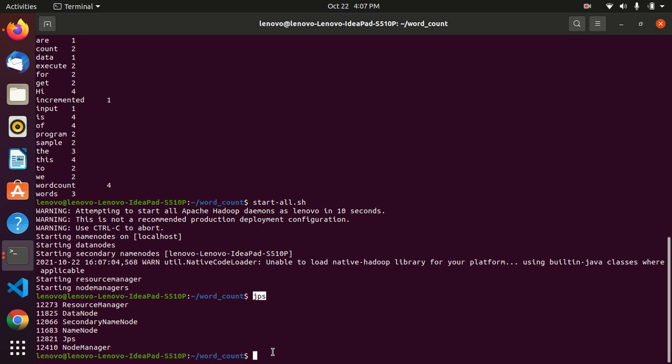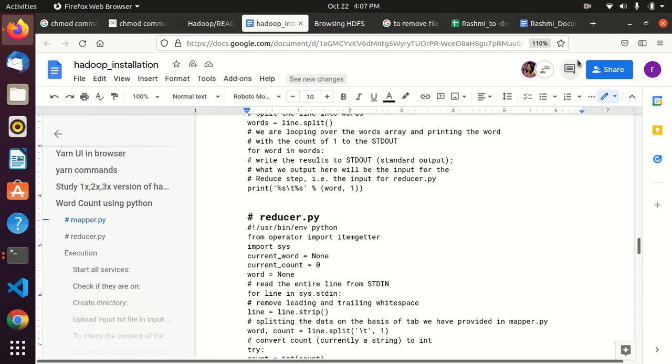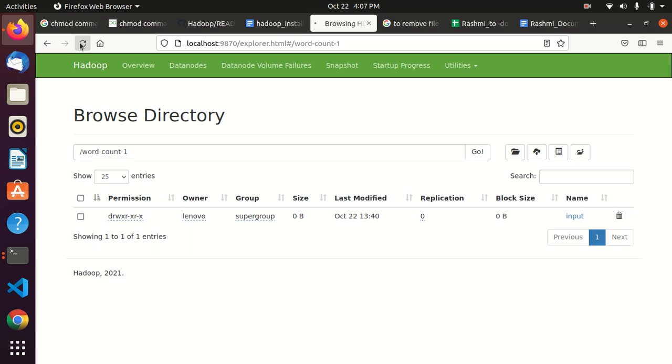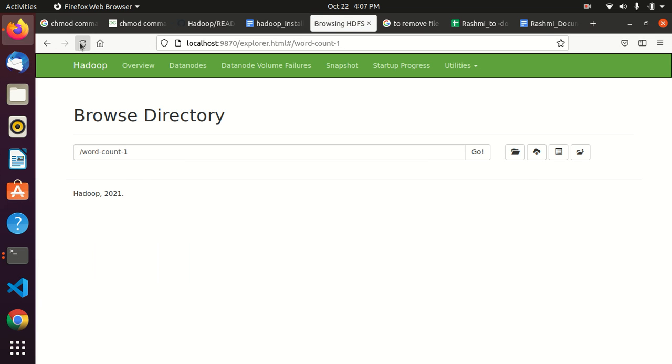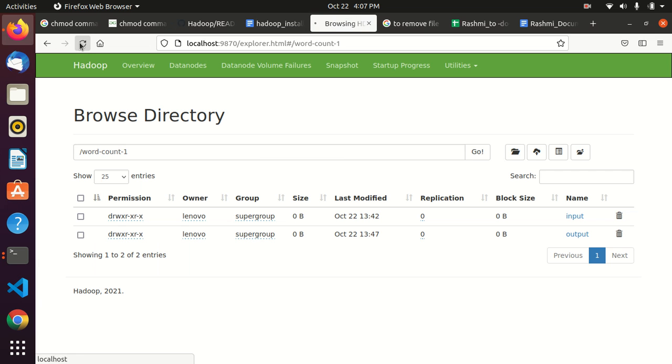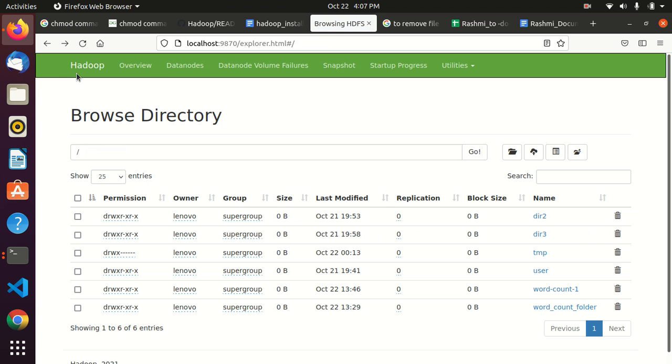And next we will create the directory in the Hadoop system. This is our Hadoop system where we are currently working, so we got connected to here.